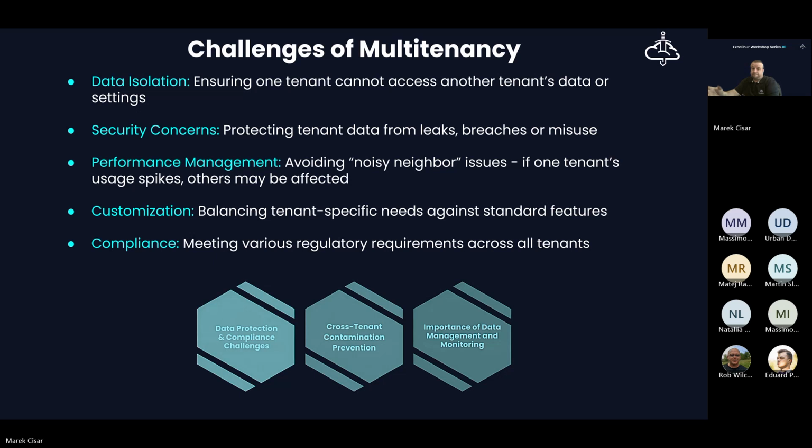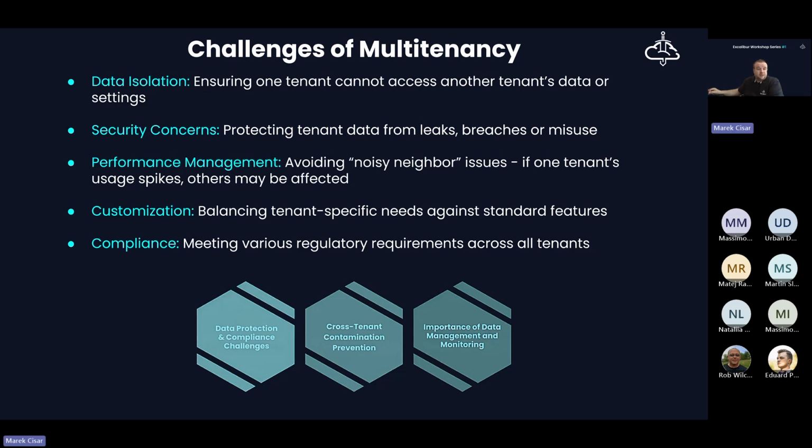So the data of a different tenant must be isolated, and this requires us to design secure boundaries at almost every layer of the application: database, APIs, also the user interface, front end, back end, and so on.